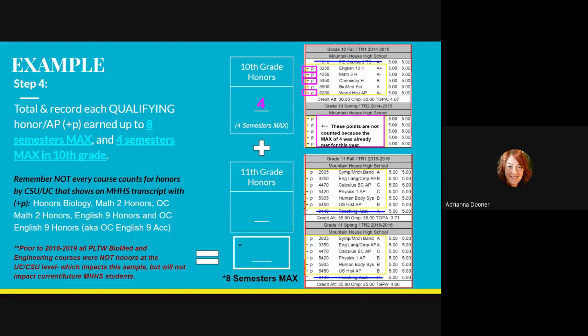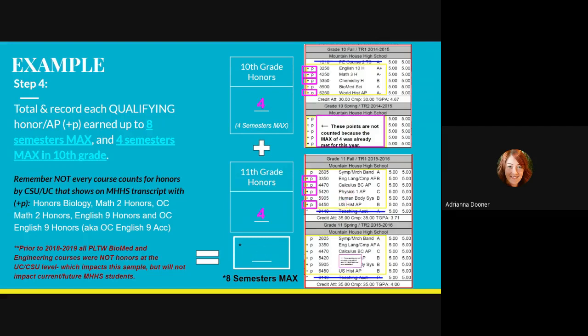However, there are some other colleges, right? Not everything is a CSU, not everything is a UC. Some students might be looking at some private schools or schools outside of the state of California. And those schools won't follow this specific outline of GPA calculation. They may not have any kind of maximum point system at all. So if they're doing it and they're doing more, they're more or less doing it for colleges outside of those systems, because we know that there's a maximum for the UCs and CSUs. So we're not going to be able to add anything more from the spring of 10th grade towards that honors calculation. And then we're also going to look here,